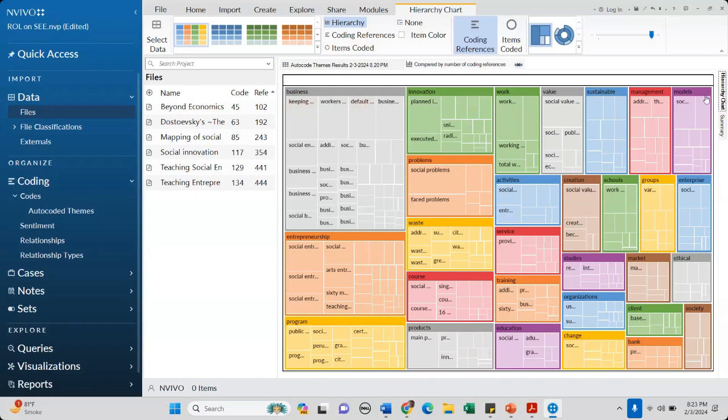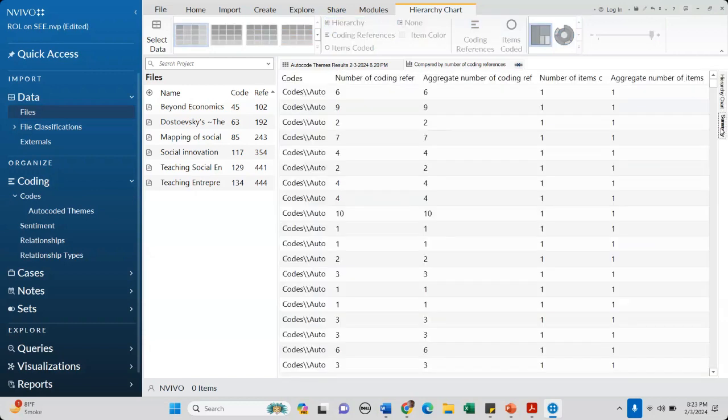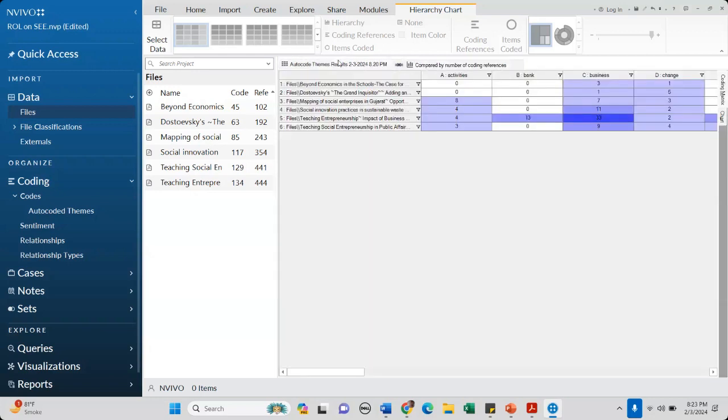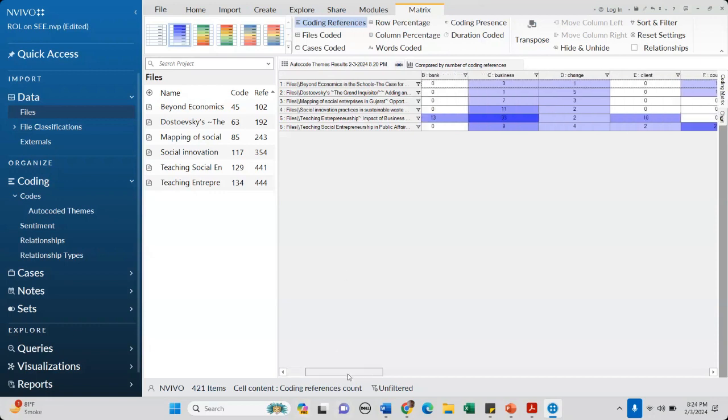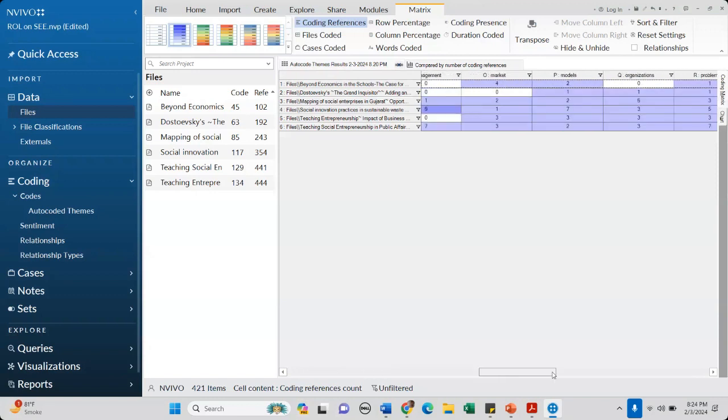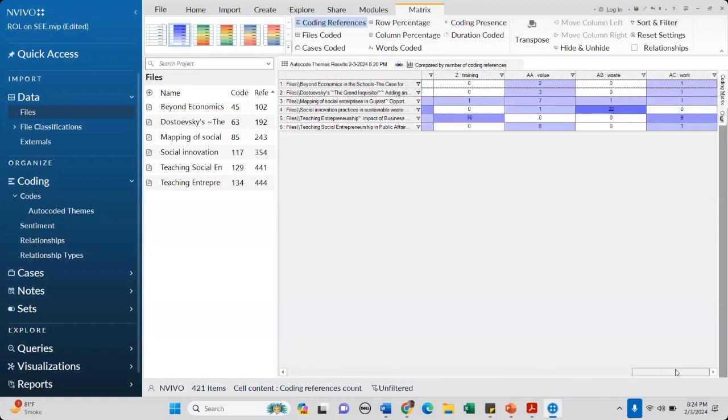Now, I want to go to the summary of this entire literature review. It is presenting how it has done the coding: the number of words, items we have, the aggregate number of codes. If you feel this summary is not helping you, I suggest you come to this auto-coded themes. It's presenting the data in the form of a table. If you keep your cursor down, it looks like a very big table,